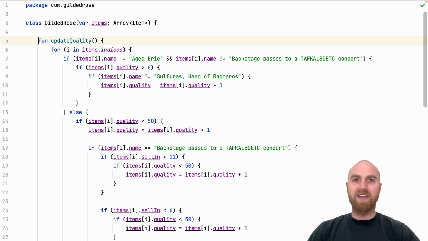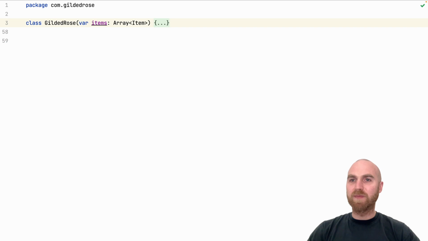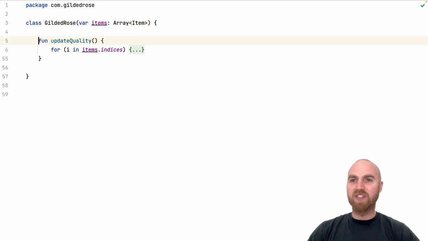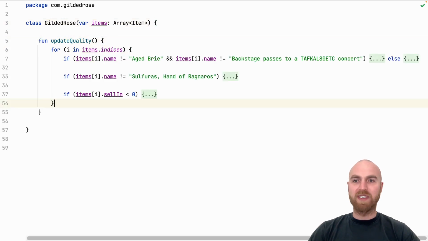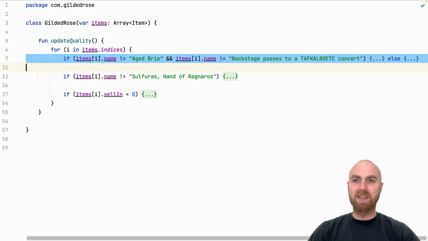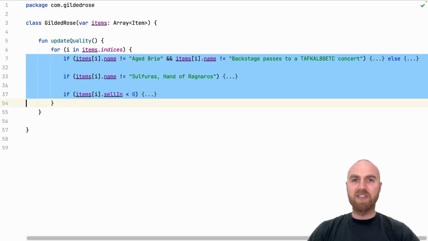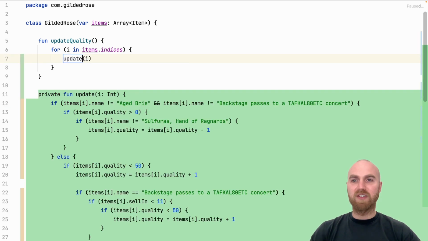One of the ways I like to explore the code, which doesn't always work, is to collapse and expand the code to see an overview of what there is. In this case, it does help because we can see it's only one function, updateQuality, which has one for loop inside. Because all of this runs in the loop, it's a good candidate to extract a function,